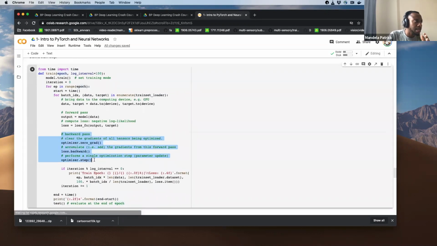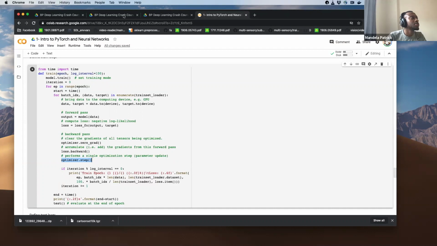So this part here is pretty standard. Here the optimizer zeros the gradients. What that means is that for all of the gradients for each model weight, it just zeros it out because it's going to perform this step now. And then loss.backward basically calculates the gradient of the loss with respect to every weight. And then we optimize that step.